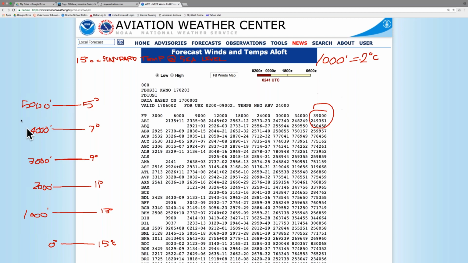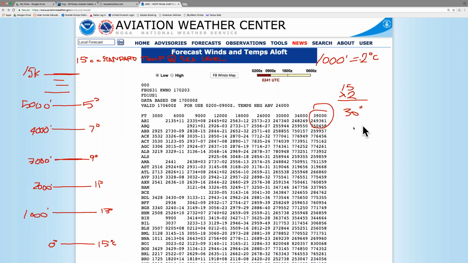Okay. The way we do it is we're going to take the first number. Now I'm going to jump all the way up to 15,000 feet. We've got all these lines up to 15,000 feet, continuing this trend. So let's do 15,000 feet. When we get above 10,000 feet, we're going to take basically the first two numbers, and we're going to times that by 2. That equals 30, right?